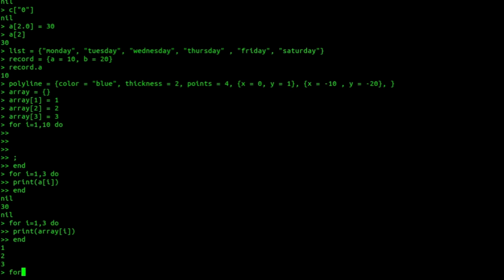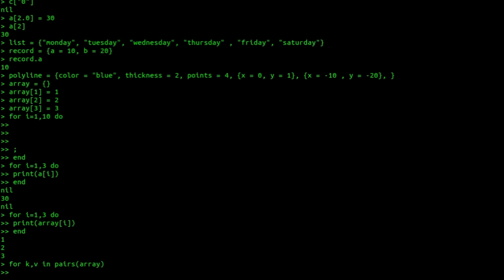I can do for k, v, where k is key and v is value, in pairs, where pairs is an iterator function. Inside these brackets, I'll give the name of the table, let's say array, and again I'll simply print k comma v.